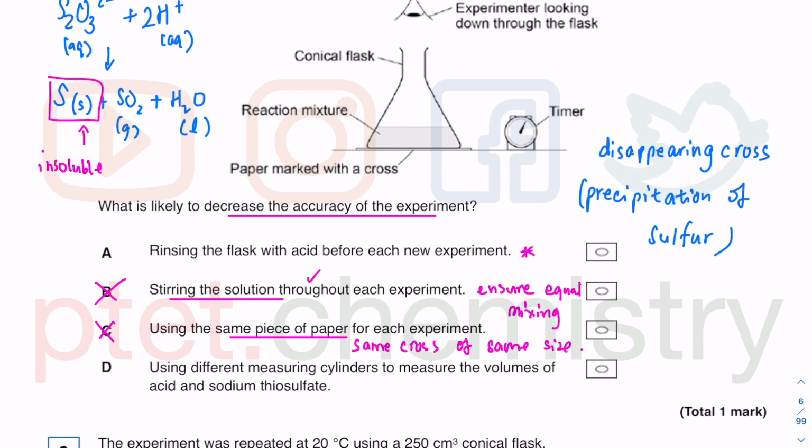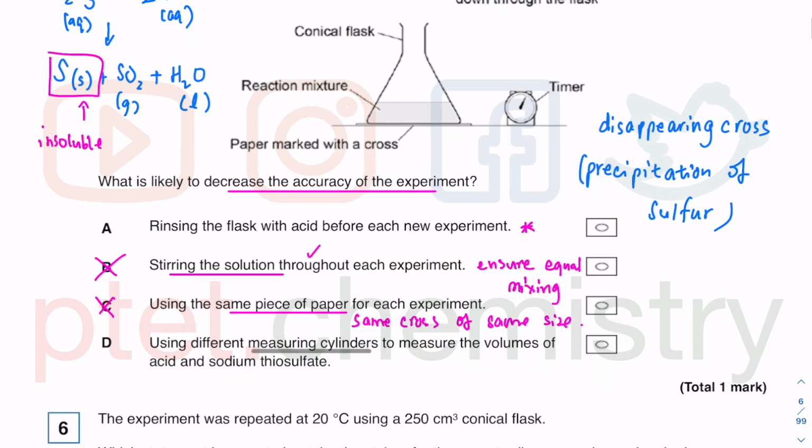We are still using measuring cylinders. A measuring cylinder is not going to be the most accurate apparatus in the world. So when you use different measuring cylinders, they are still measuring cylinders, and they are not going to be very accurate. In fact, you should use different measuring cylinders because these two react when mixed. If you use the same